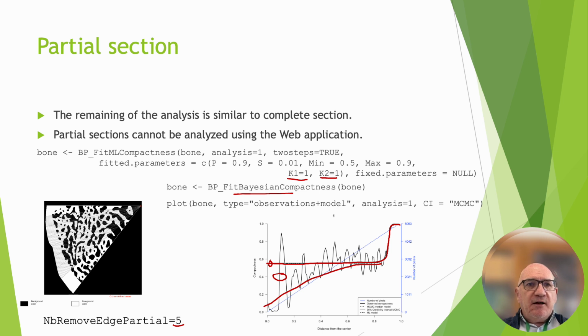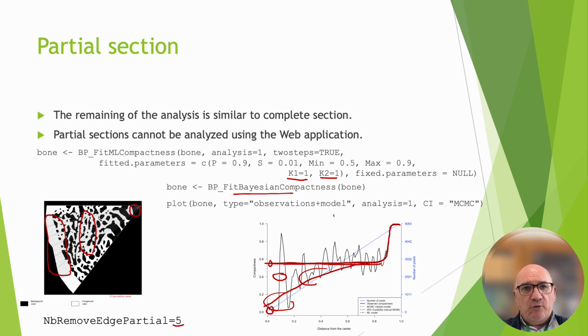Why? It's because here you are at the center of the bone. You are here. Here you have very few pixels. You have a much higher number of pixels at this part, and of course, the more you are at the exterior, the more pixels you have. Then, when you fit the model using likelihood or Bayesian, you use a binomial distribution, and it takes into account the quantity of information you have. You have more information here than here. That's why the model finally is relatively stable